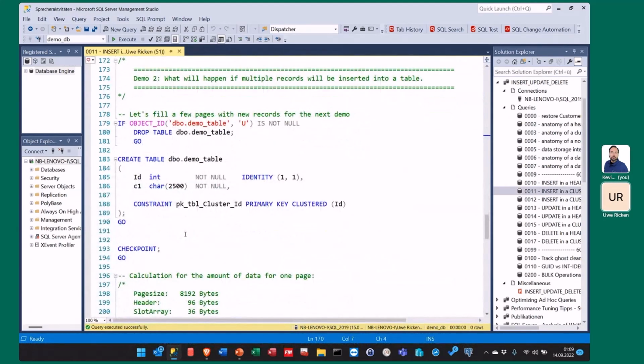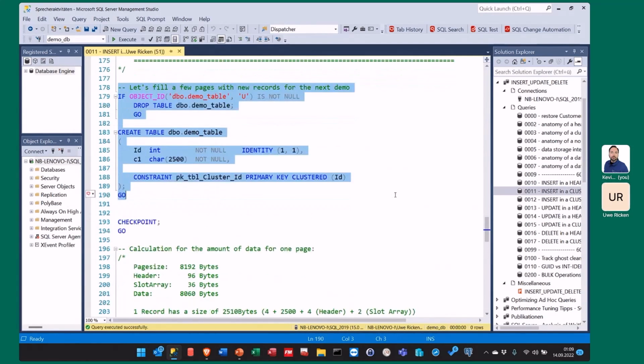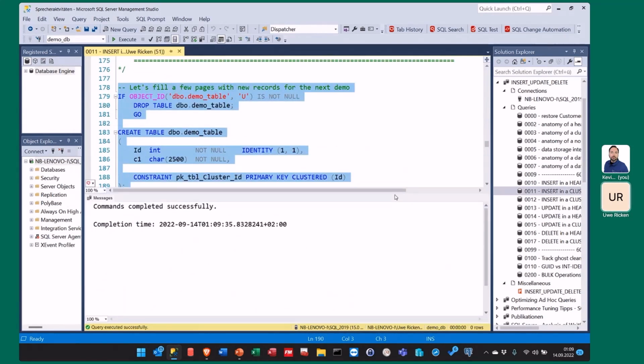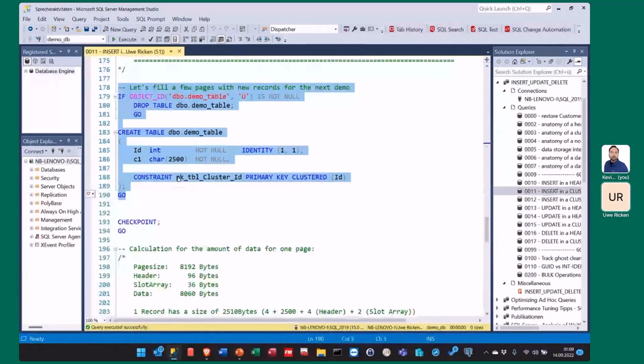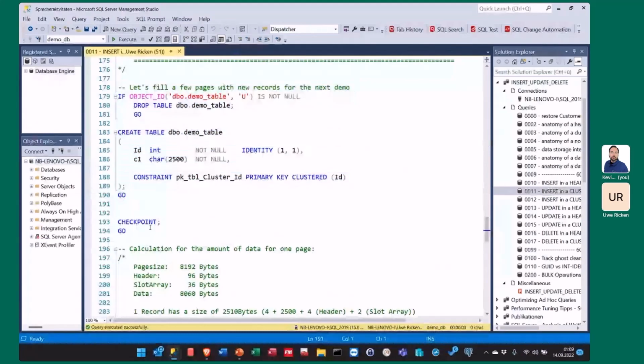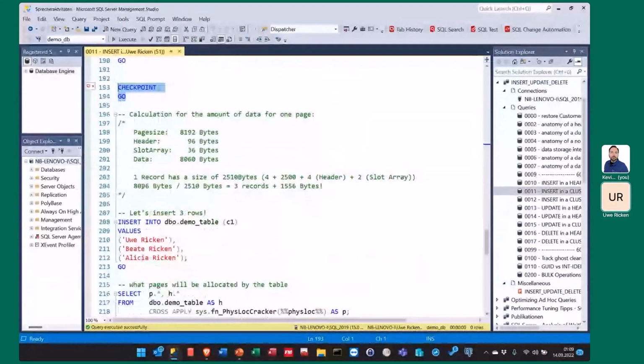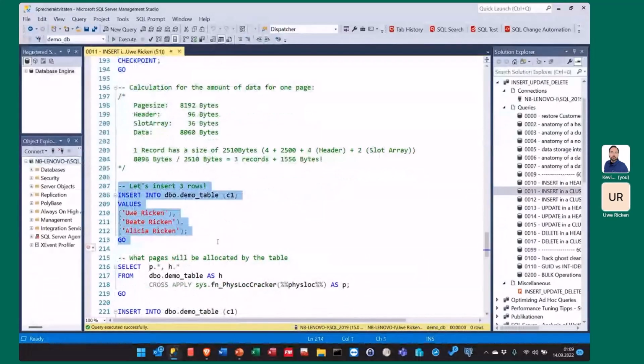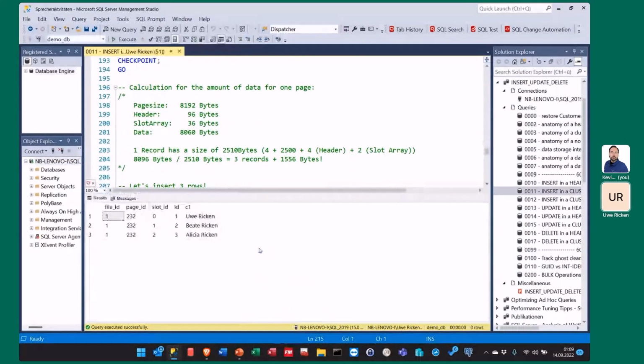Let's try again the same example as we had with the heap, with this big table, so with the big records. I create my table again, and you see again the 2,500 bytes, but now I have a clustered index on the ID. It doesn't matter whether it's a primary key or a unique clustered index here. Checkpoint. So here's our calculation again, and let's see what happens. I insert Uwe, Bea, and Alicia, and as expected, SQL Server will automatically put all the data on one data page,